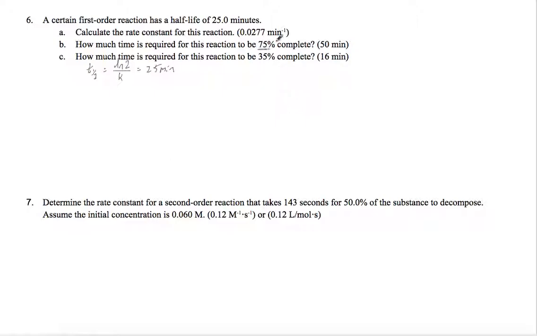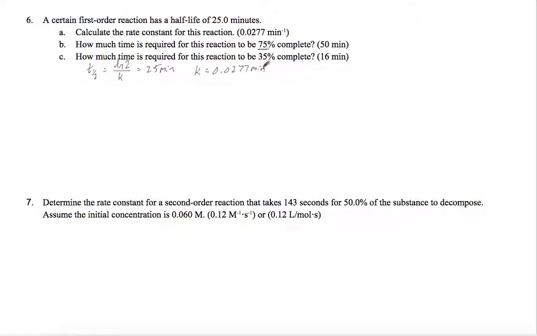Oh, this is another one of those that we could do without the equation. So I'll show you how to do that one and this one with the equation. This is kind of a nice problem. We get to see a couple different things. So the t1/2 is 25 minutes, which means the constant comes out to be 0.0277